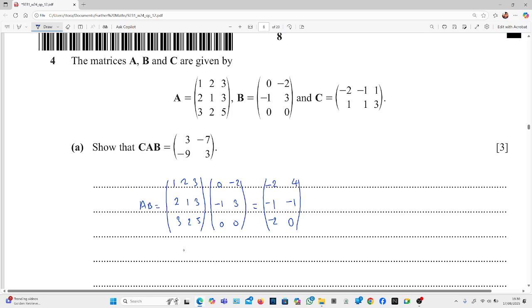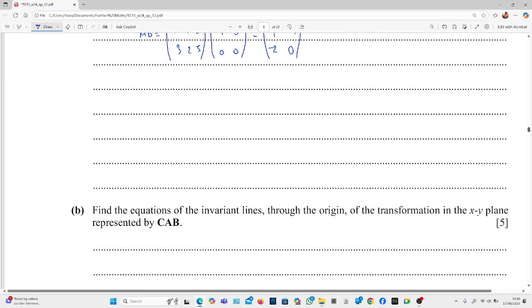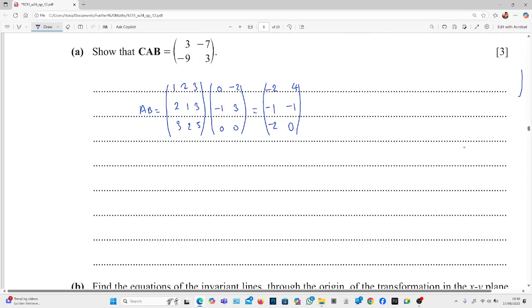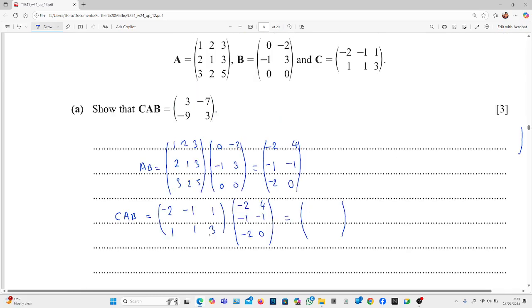And now we're going to take C multiplied by the result of AB. So let's push this a little bit up here. And therefore we have -2 times -2 is plus 4, -1 times -1 is plus 1, 1 times -2; 4 plus 1 is 5, 1 times -2 is -2, -2 plus 5